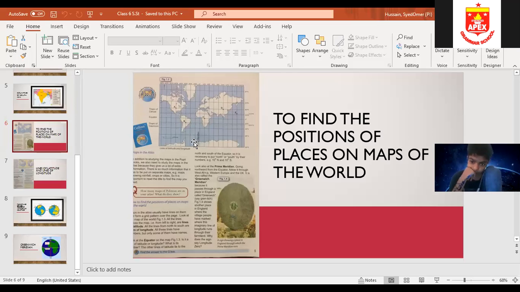So you have to underline in your books, all the lines across the map from left to right are lines of latitude, and all the lines from top, from north to south, are lines of longitude. As you can see in this picture, all of them have numbers. Some of them have names like Tropic of Cancer, Equator, Tropic of Capricorn, and prime meridian. So these are the divisions of the Earth. Basically, they are showing you the globe, but in the form of a map.